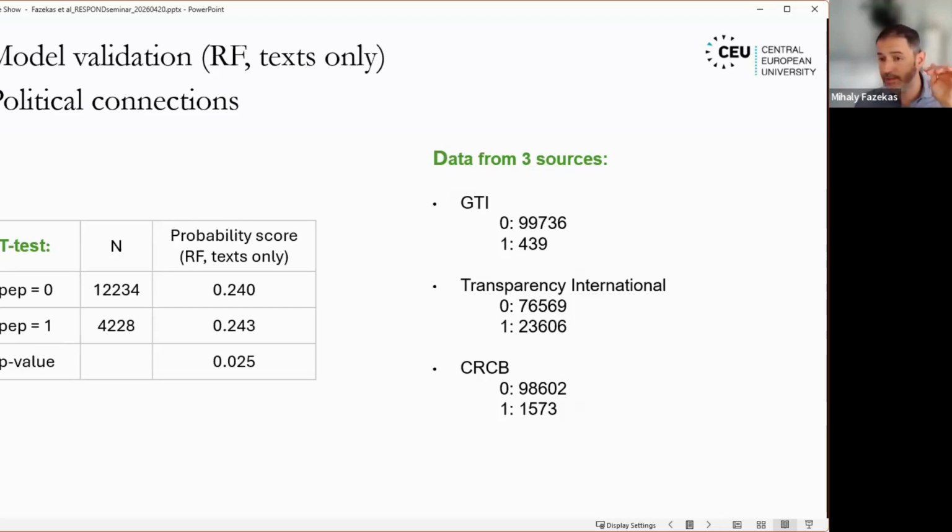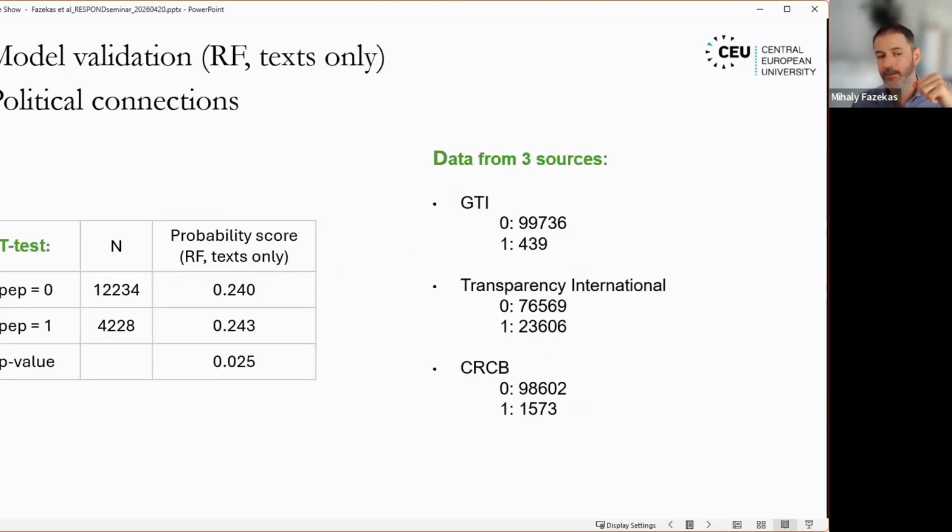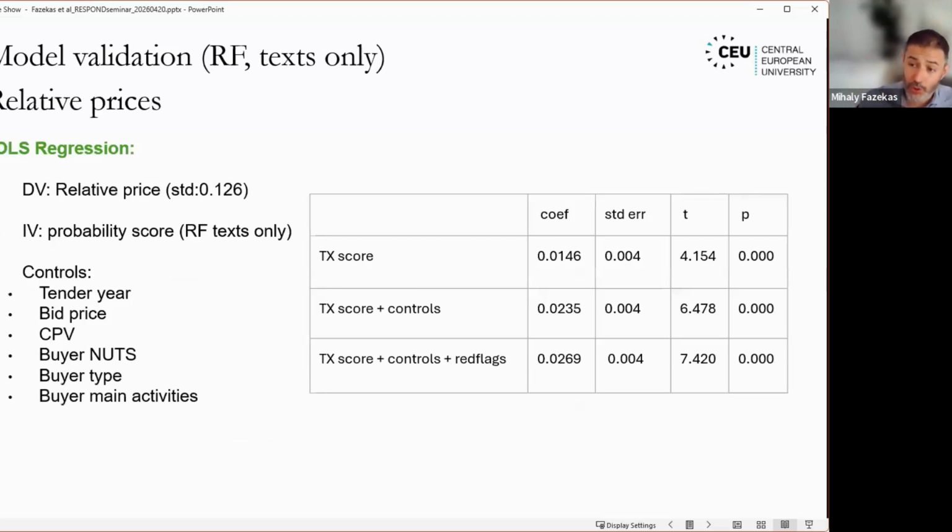Very good. Just to move on to some external validity testing. Once you train this random forest model, you can test it against the presence of politically connected firms or companies in Hungary. It's not looking super great, but that's, in my opinion, because that of course requires more research. Probably there are a lot of politically connected firms even among the zeros in our sample, yet we have some signal, and there we have even stronger signal that this text-based